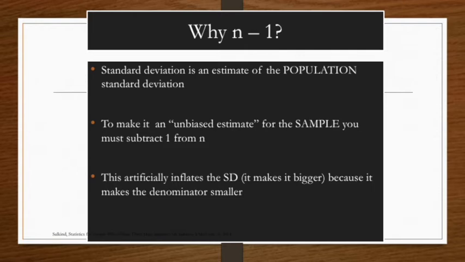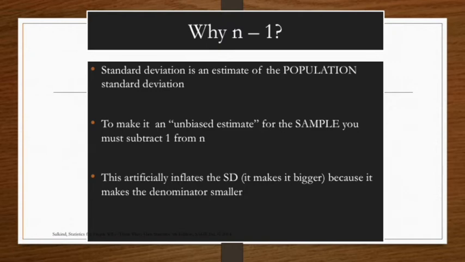Actually, the n-1 that you do does inflate it a little bit, making it bigger, which actually makes the denominator smaller. So in the long run, what you're ending up with is standard deviations that are slightly smaller than they would be, because the idea is that the population is actually probably a little more conservative than the sample. Samples tend to broaden out. So that's all